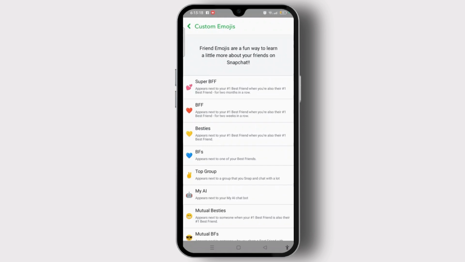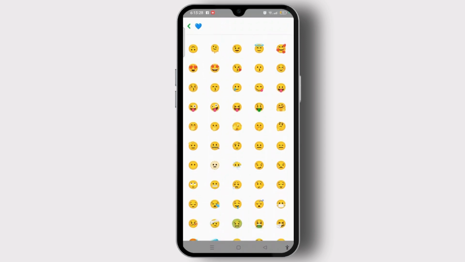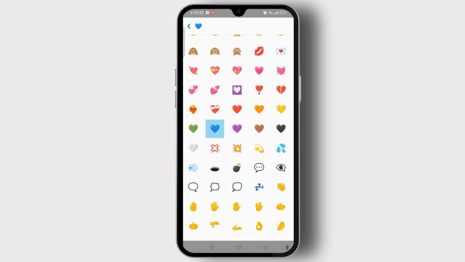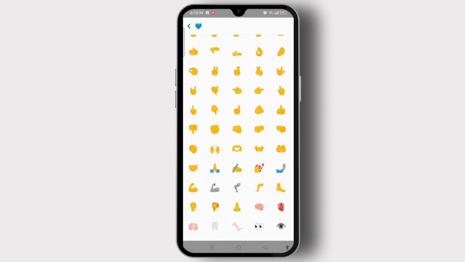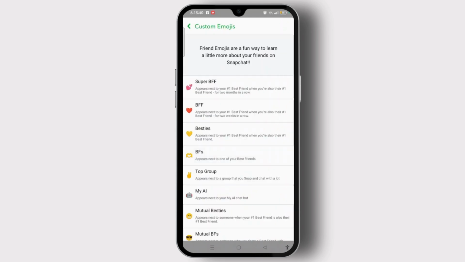So the blue heart means BFs. It appears next to one of your best friends. So if you want to change it, you can tap on it and change it to any emoji you'd like to. Let's select this heart icon and come back from here, and as you can see, we have successfully changed